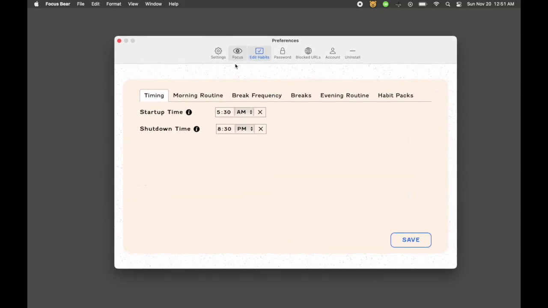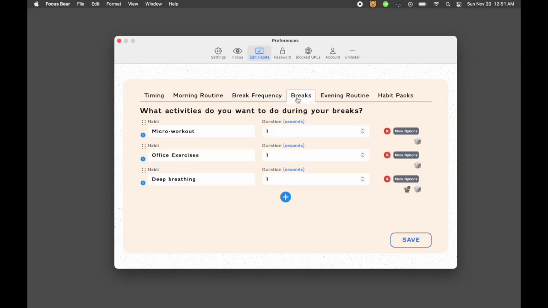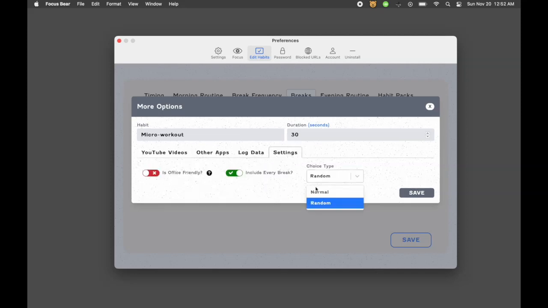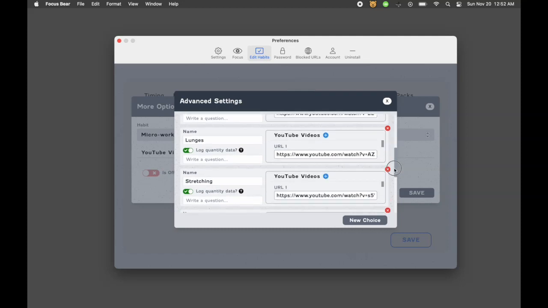then in the break section, you've got both the break frequency, how frequently you want to take breaks, and then in the other tab, you can configure what activities you would like to do during that break. We come with some default break activities that you may or may not like. You may not like the micro workout idea, that would involve essentially doing activities like push-ups, sit-ups, doing some dancing